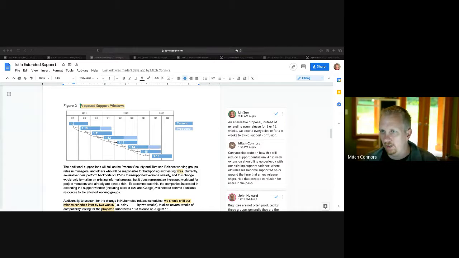That would not allow our most complex users sufficient time to upgrade. We have heard from some users that they take the majority of the quarter between waiting for the first patch release and then extensive qualification. But those are the edge cases. Those are the largest users. I would say for the average case, that should be enough time.